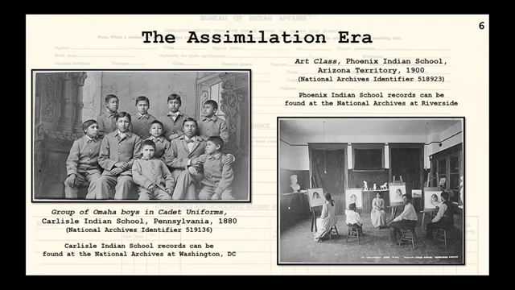In conjunction, it was at this point we see the first non-reservation boarding schools, the most well-known, researched, written about, and referenced of which is the first, the Carlisle Institute in Pennsylvania, in operation from 1879 to 1918. The BIA was ruthless in stocking these schools with students, so much so that in 1885, Congress had to pass a law forbidding the taking of kids without parental permission, and then later specifically the tactics of withholding rations to force parents to give up children.